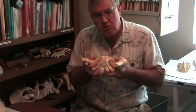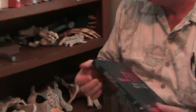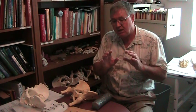So if I want to induce movement in this structure, I'm going to use a very low force because I don't want to provoke pain, in which case the body would then create some muscle guarding and prevent what I'm trying to accomplish. So I use a mild force, and I use it for a very long time, based on basic science, basic physical therapy, basic science of connective tissue. You could pick up any book on orthopedic physical therapy, any orthopedic textbook, and look into the science of connective tissue, look into the science of treating scar tissue. This is a wonderful book, Dynamics of Human Biological Tissues, by Currier Nelson. Wonderful resource. You can read those early chapters and you get the sense that connective tissue indeed has viscoelastic properties, and that it should be treated with a long duration,